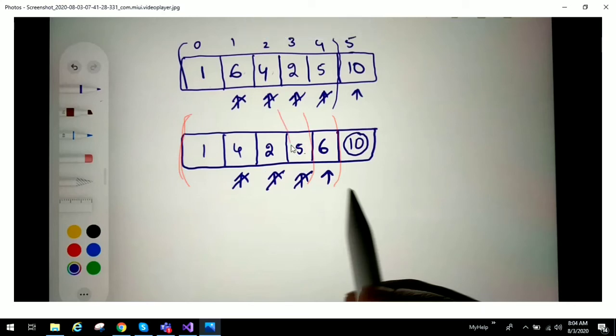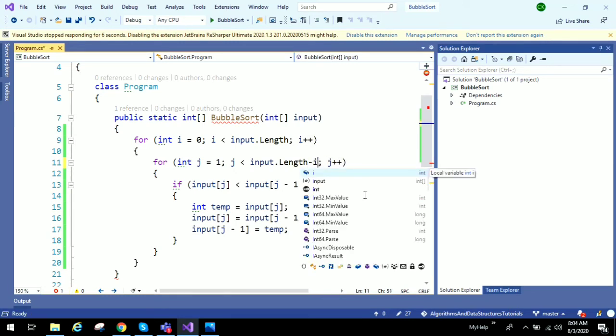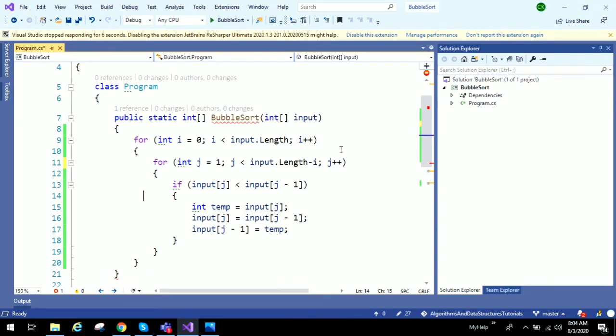Like that, the array will reduce by 1 for each iteration. So initially we are comparing throughout the whole array, and next time I will reduce this length by i. It means that for each iteration, the length of the array for which we need to compare will reduce.